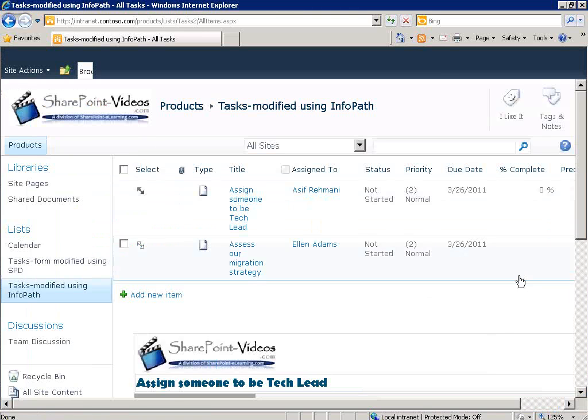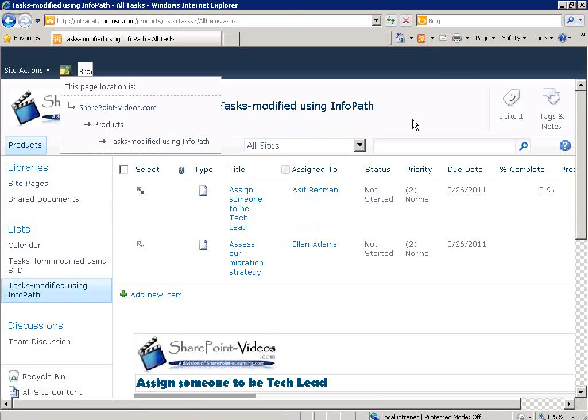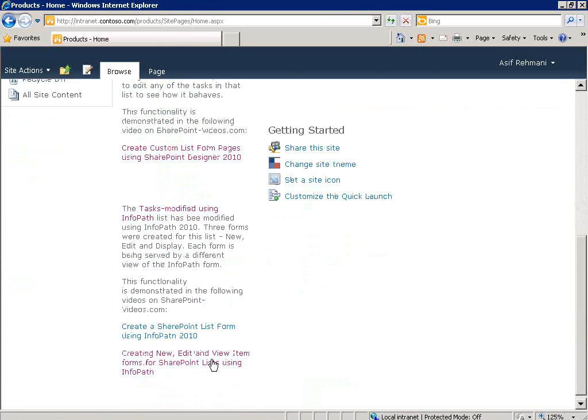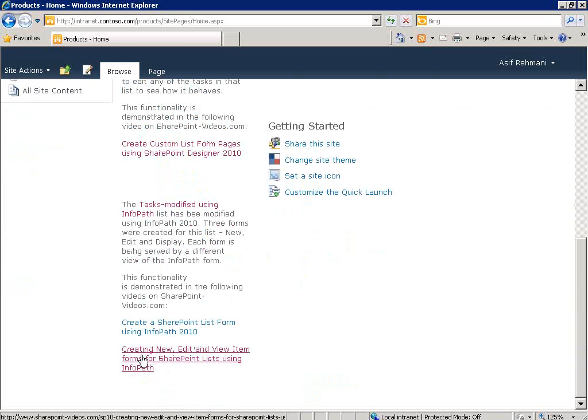If you do get access to this environment, you'll be able to see it. Check it out. The way it works is actually also explained in a video. It will show you, where is it? If you go to the home page of this particular site, there's a link to the actual video which talks about how you can create new, edit, and view item forms for SharePoint lists using InfoPath. You may or may not need it, but if you need it, here's the link to that video right here